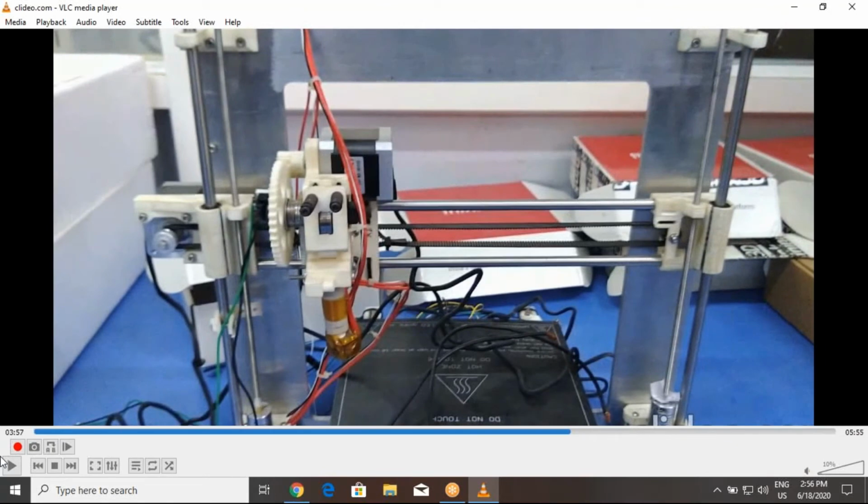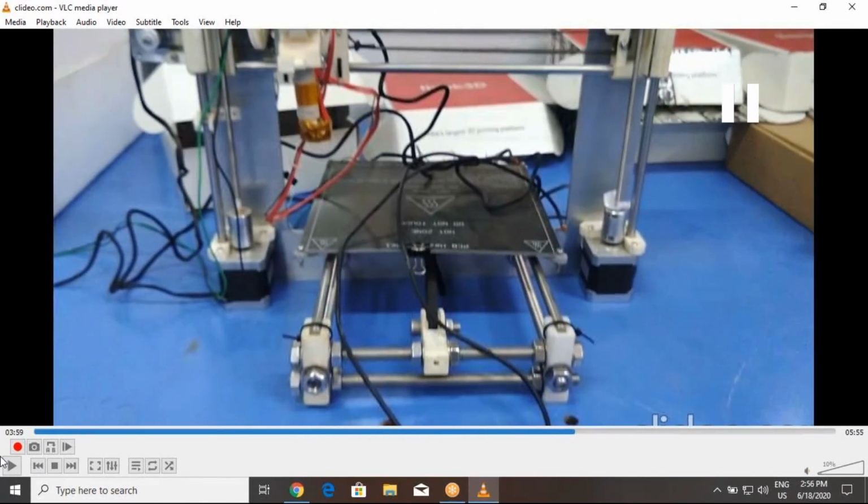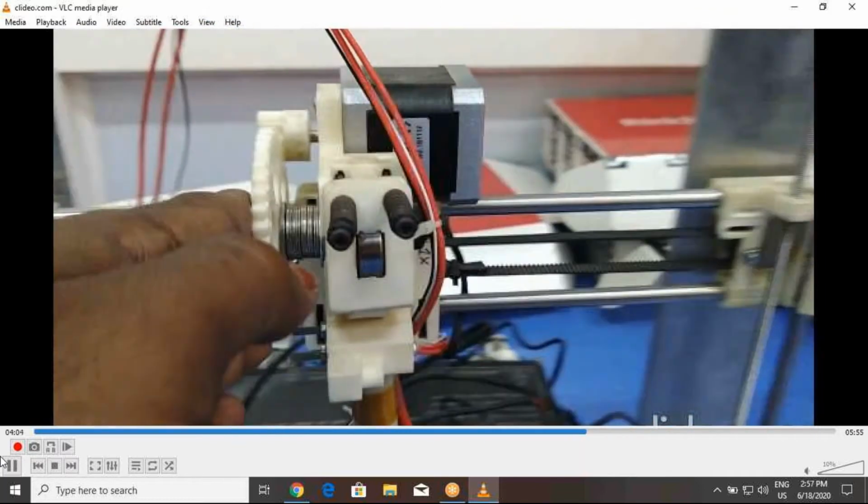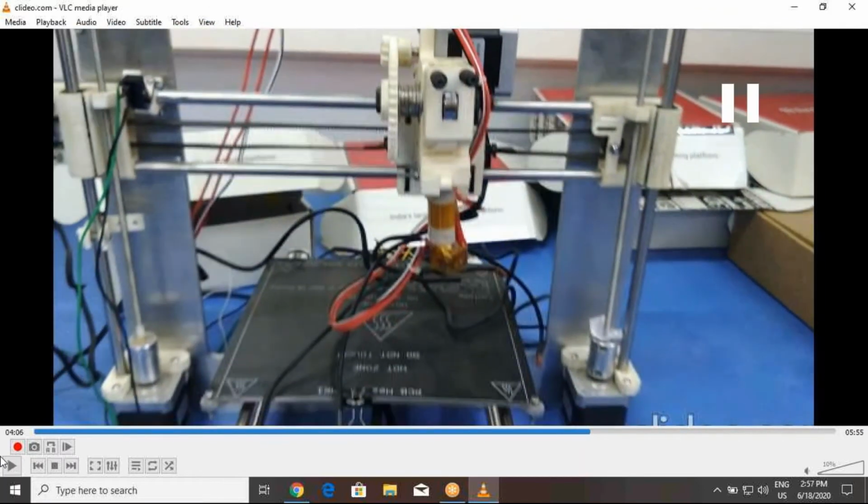We use this DIY printer so that students can assemble a 3D printer and learn about the functioning of a motor and also the Arduino software. Arduino is very essential for controlling movement, and we can control those things here.